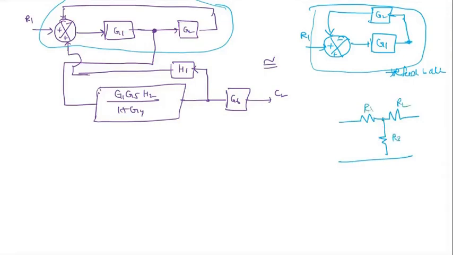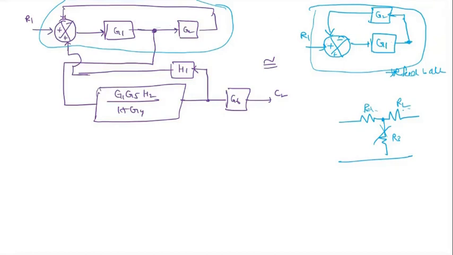So if you have one more element between these two, they should not be in series. Either it may be a parallel relation or some other relation. We cannot predict it. If this is not there, obviously these two will be in series. In a similar fashion, if this junction point is not there, these two will be in series. If the junction point is present here, that's why I've written like this. That's why it is called negative feedback.